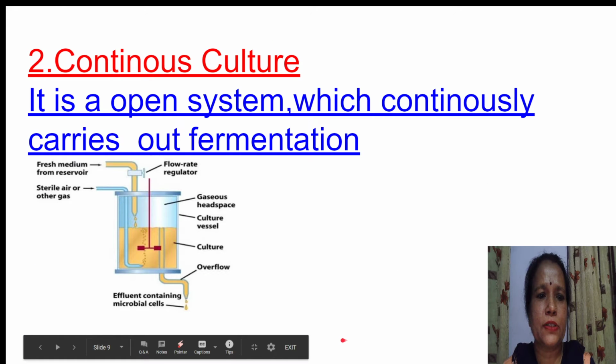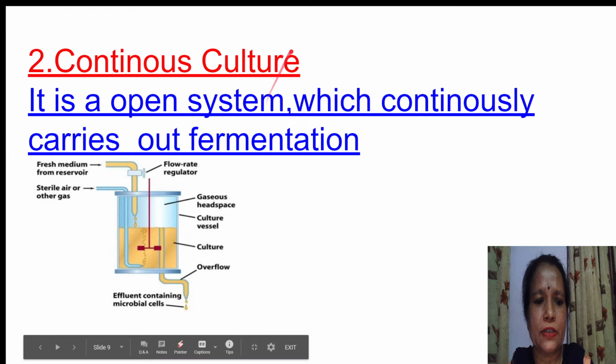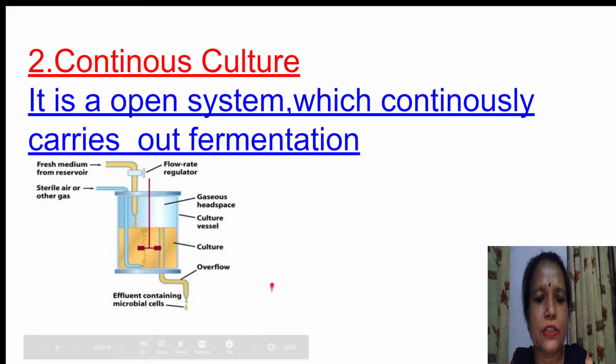Now this is continuous culture. It is an open system which continuously carries out a fermentation. So from one side the fresh medium is added and from the other side it is extracted. So this is a continuous culture in which there is a regular flow of the nutrients and the products are